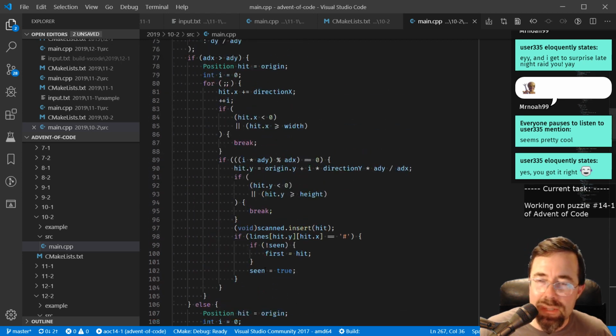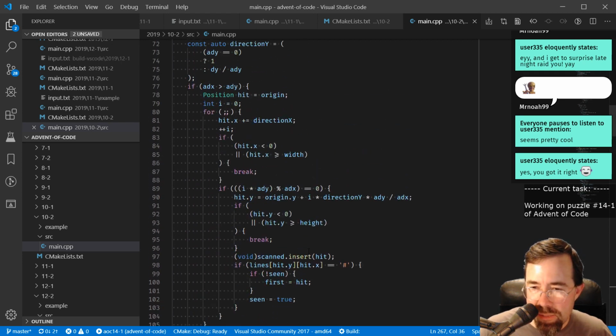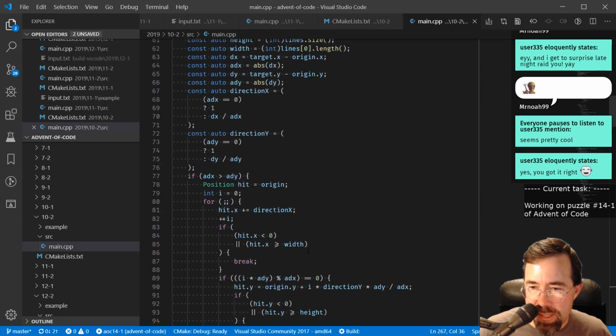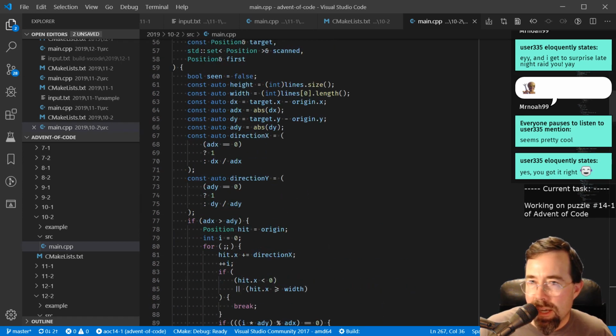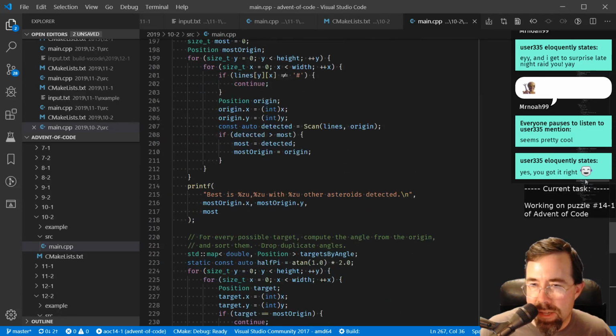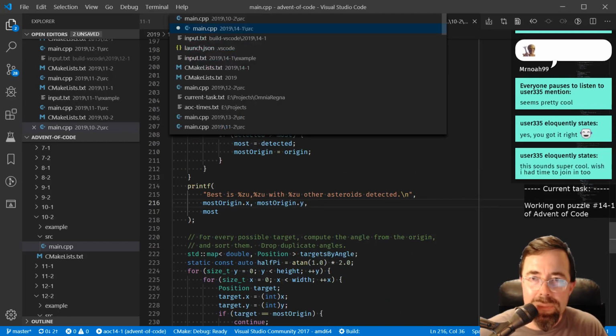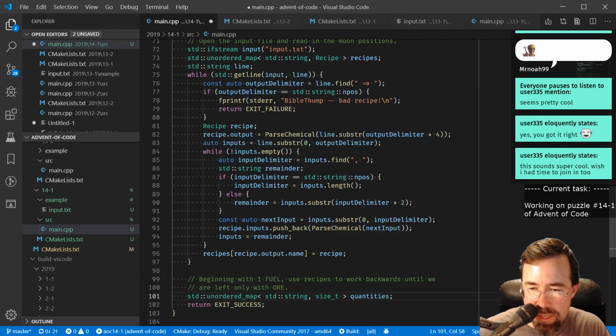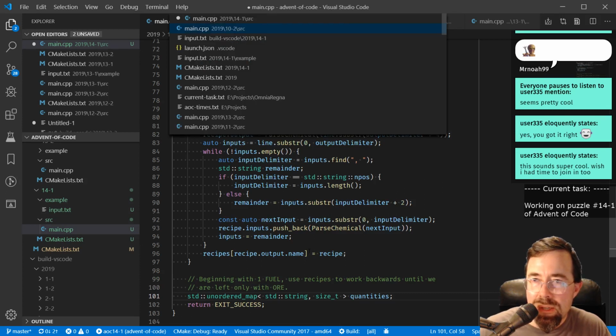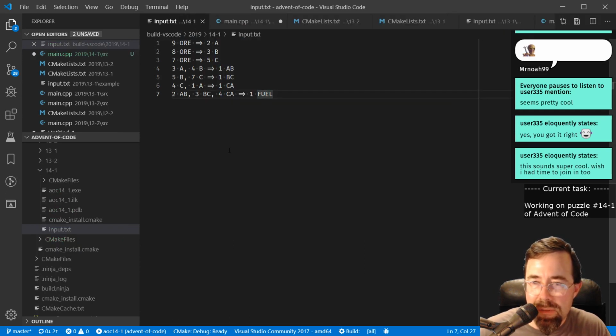That's why the code looks clumsy. Once I refactor this, I'll maybe have some insight into what are some efficient ways to do ray casting in a discrete 2x2 grid. I know I got the right answer, I just don't know if it's the fastest way to do it. So yeah, I'm on day 14, and this is a more traditional problem of solve the dependency